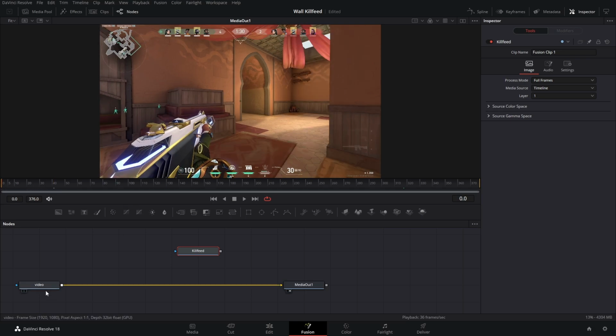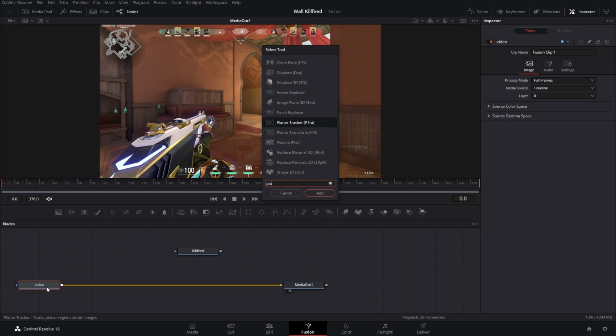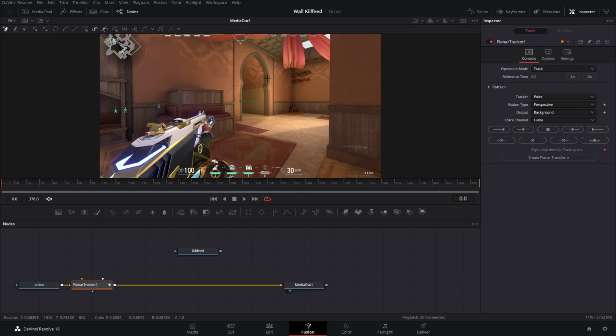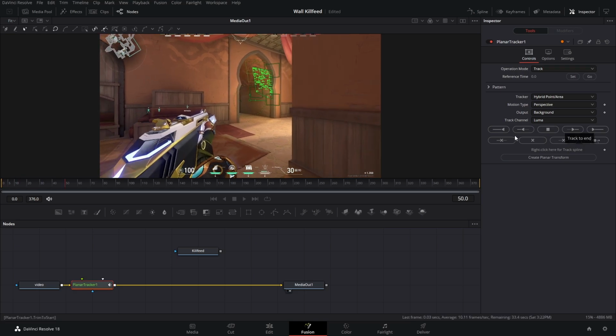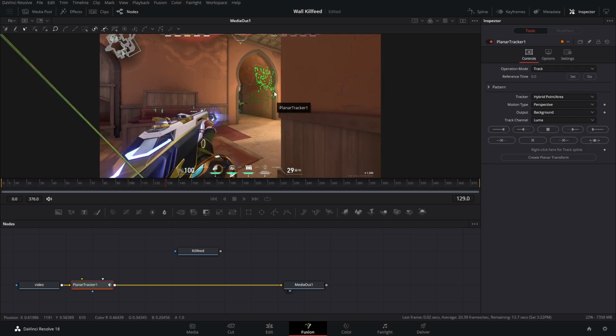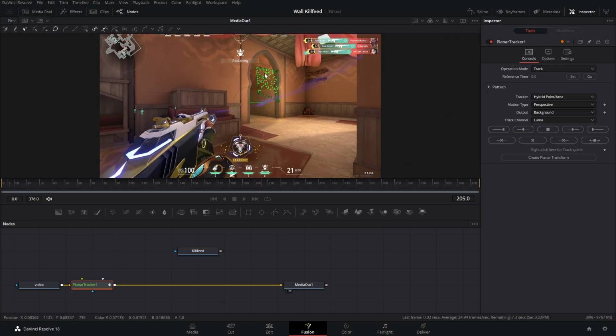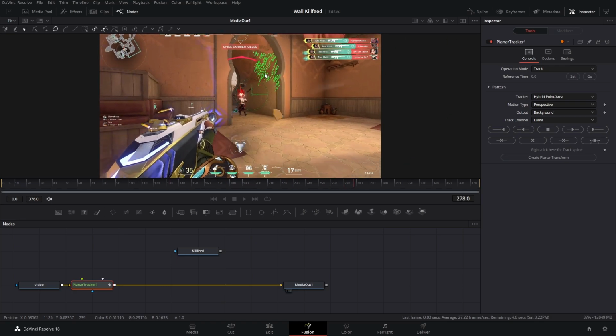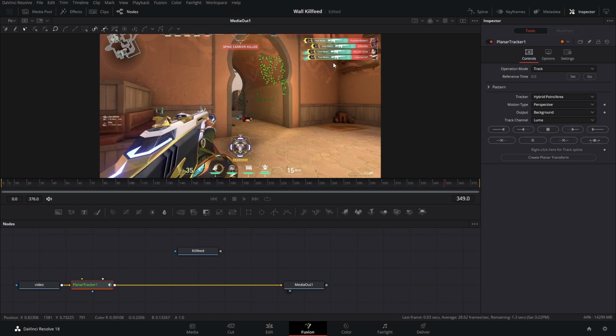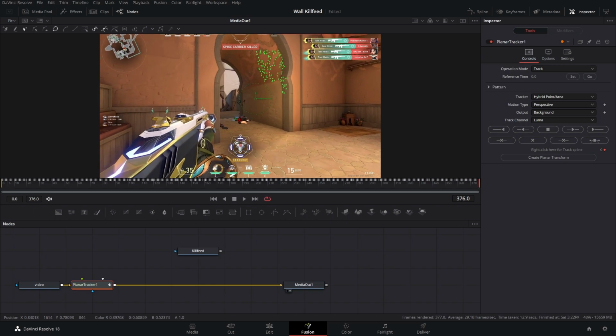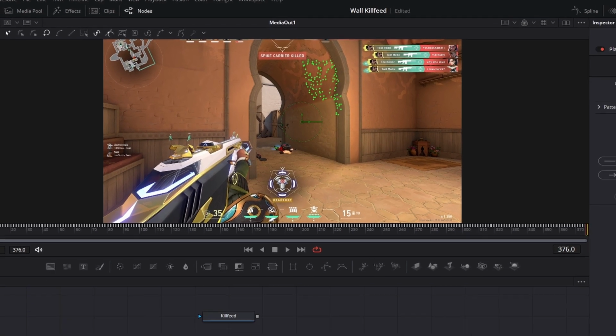Now, here's the thing. Sometimes your track isn't gonna be good. So watch what happens here. We're gonna bring up the select tool page, planar tracker. We're gonna do this, set a reference time, hybrid point / area. We're gonna track forward and watch what ends up happening here. This track is gonna get all messed up. You see what happened? It exploded. This is not gonna, oh, it exploded again. This is not going to be a very good track, but there's a bit of a workaround we can do